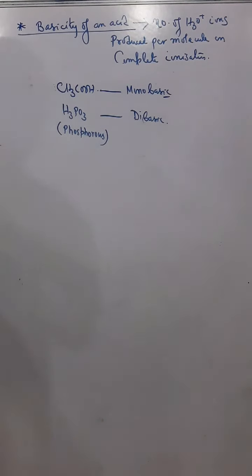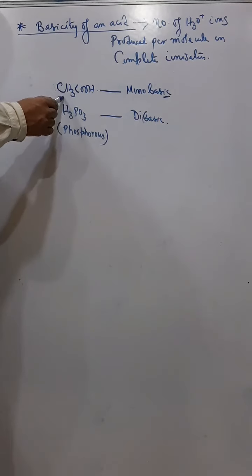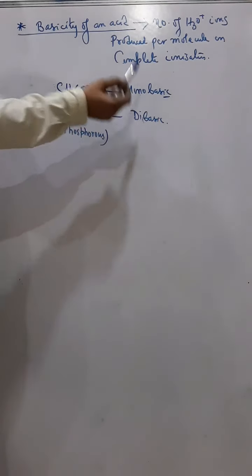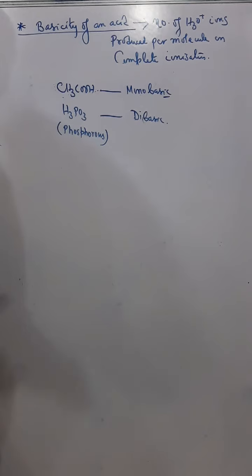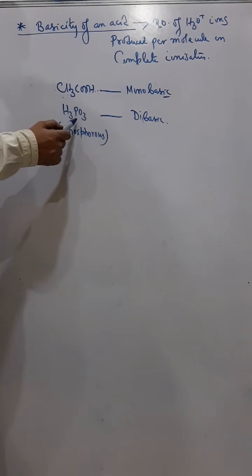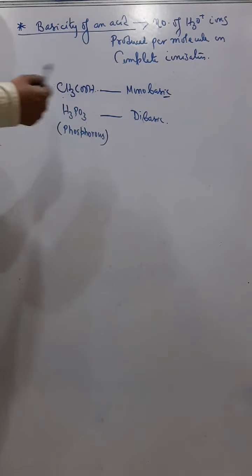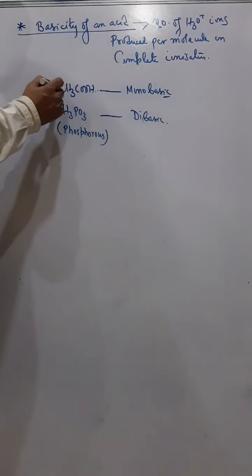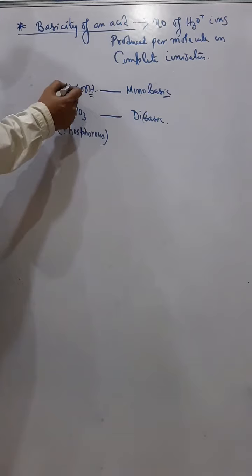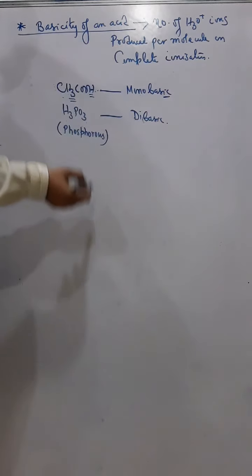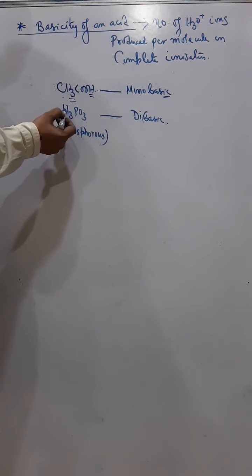Okay, so continued from the previous video. As I was telling, acetic acid, although it contains 4 hydrogens, is a monobasic acid. And similarly, phosphorus acid, H3PO3, is a dibasic acid. Students sometimes may get confused that in acetic acid there are 4 hydrogens, so it will produce 4 hydronium ions. And similarly in H3PO3 there are 3 hydrogens, so it will produce 3 hydronium ions. It's not that. Their structure is such